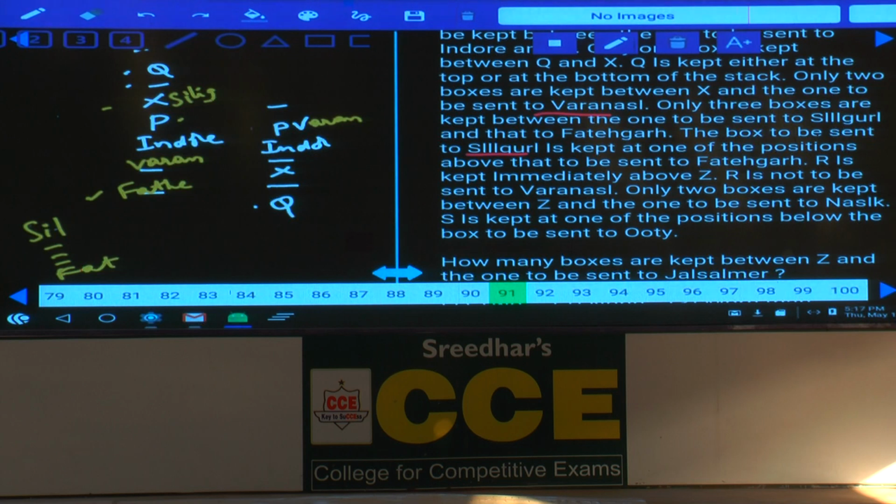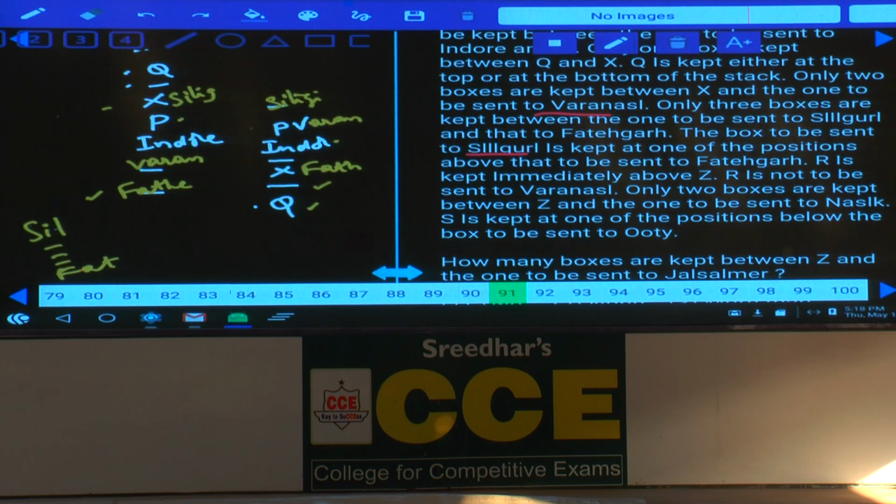And Fatehgarh and Siliguri, tell me where should this one be? Now if Fatehgarh is here, 1, 2, 3, Siliguri is here, not possible. If Fatehgarh is here, Siliguri and Varanasi must be in the same place, not possible. And this X is Fatehgarh. If this X is Fatehgarh, 1, 2, 3, and the topmost must be Siliguri. Done? The next one: the box to be sent to Siliguri is kept one of the positions above